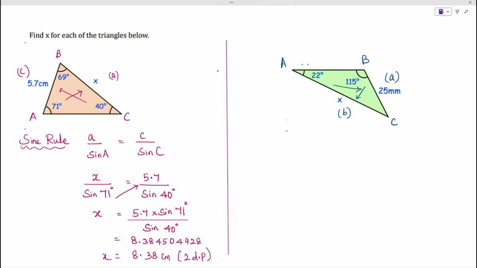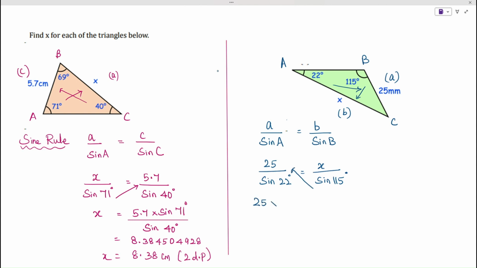So with our sine rule, a over sine A equal to b over sine B, we can substitute our values in. 25 over sine 22 is equal to x over sine 115, and you can move sine 115